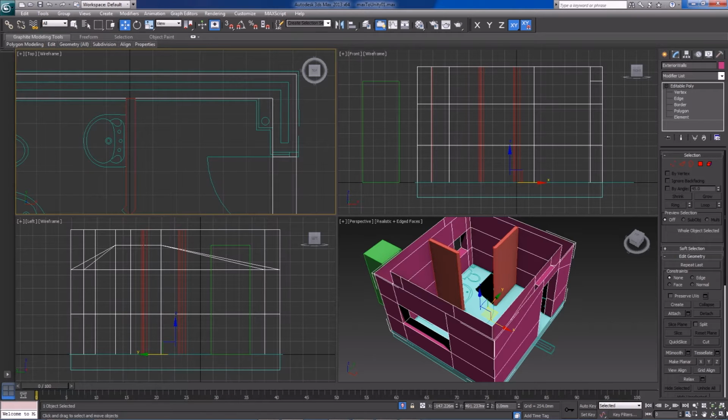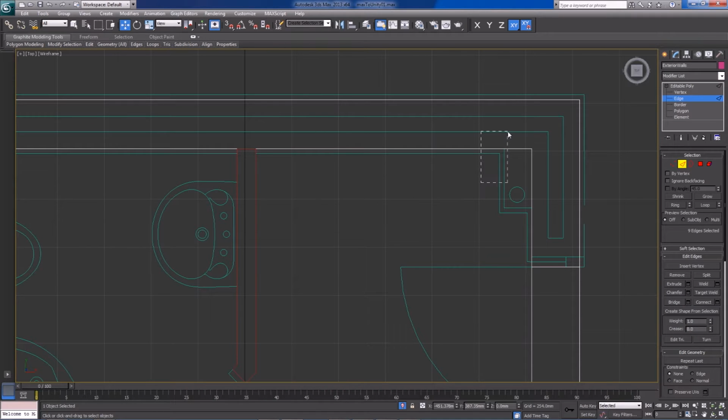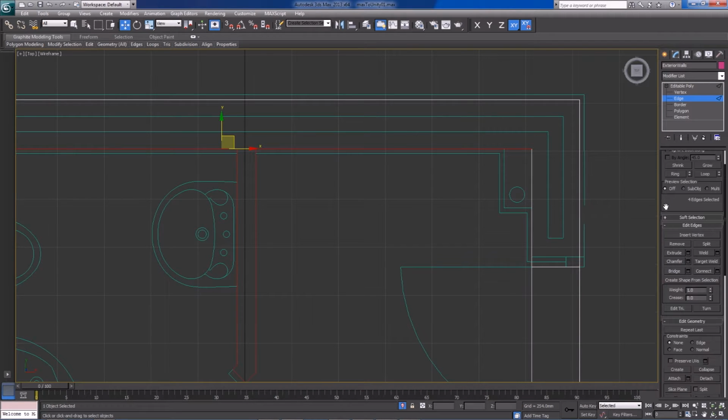We can stick to our top view here. I'll just maximize this so you can see it. So if we select our object, it is already in Editable Poly. We go to Edge Mode so we can start editing. Now if I click and drag, I'm gonna select all of the edges here. So this is the top edge and the bottom edge and any edge in between selected. With all of those selected, I know they're parallel, so there's not gonna be any problems. I can hit connect, and this will create a vertical edge here connecting all of the horizontal ones we had